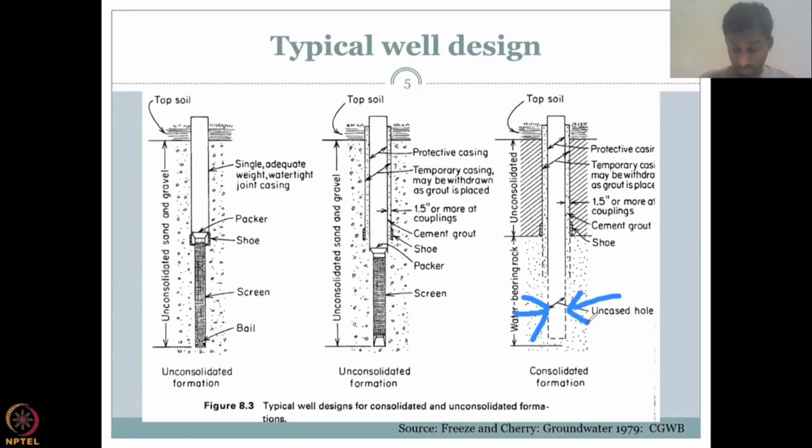So now water comes in through the well, and there is no screening. It is just an empty space, so water can move in and store. Once the water stores, you can take it out